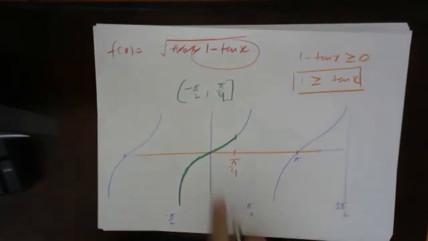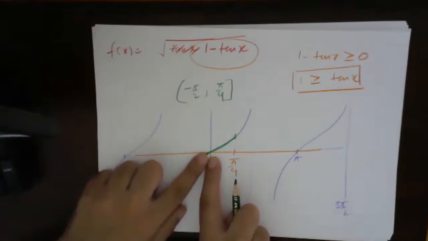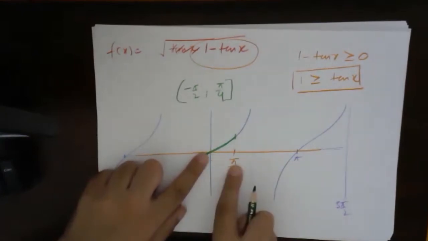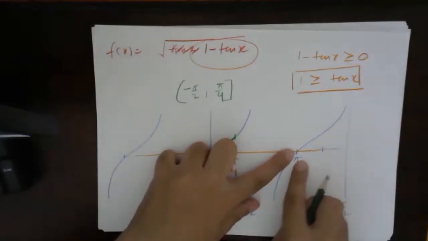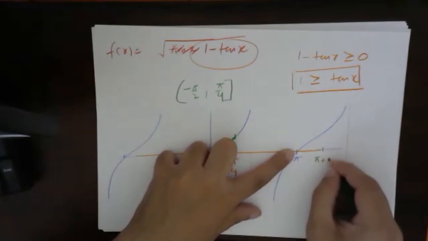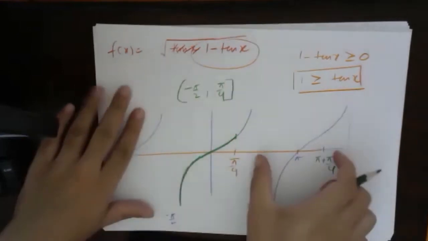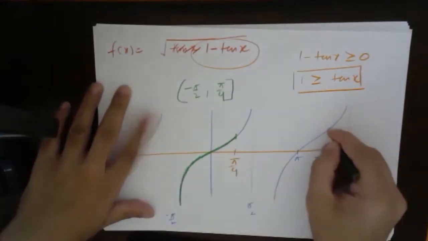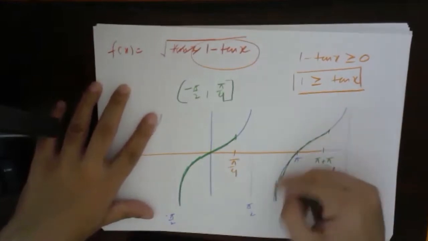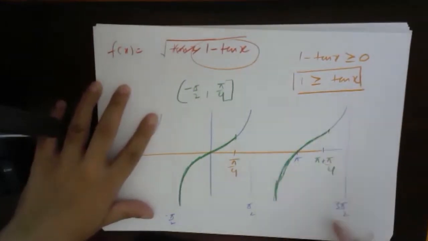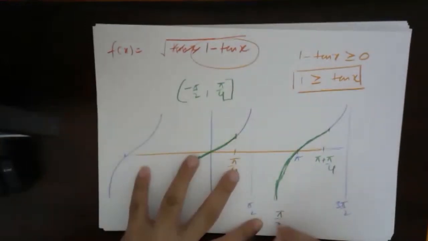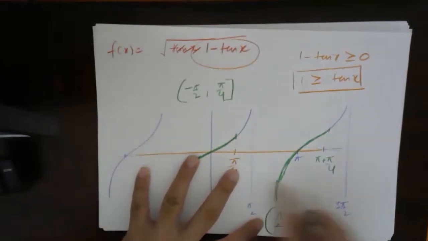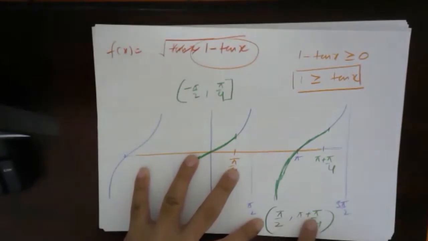Now let's look at this part. This was n pi, meaning 0 into pi plus pi by 4. This is 1 into pi plus pi by 4. Again here it will be 1 into pi plus pi by 4. This is nothing but pi plus pi by 4. So the solution for this again will be from here till here. Again it will be from here till here. So again if I write this, this was minus pi by 2, so now I will have pi by 2 to pi plus pi by 4.